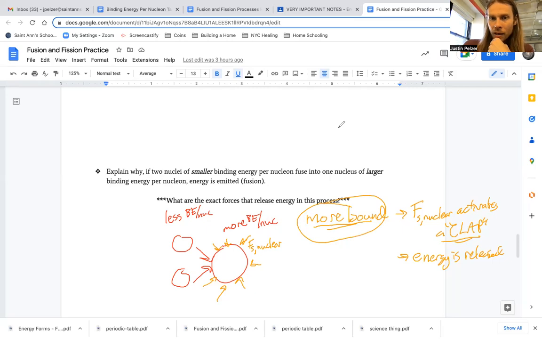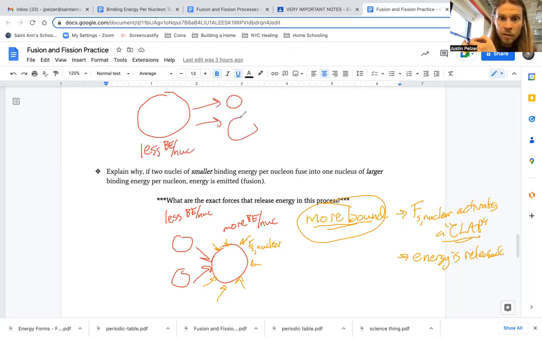Now, here's the thing. If I have a big nucleus that's less bound, it doesn't matter if I start with something big or small. What matters is I start with something more bound than what it turns into. If I start with something less bound, less binding energy per nucleon, and it splits into two smaller pieces that are more bound,